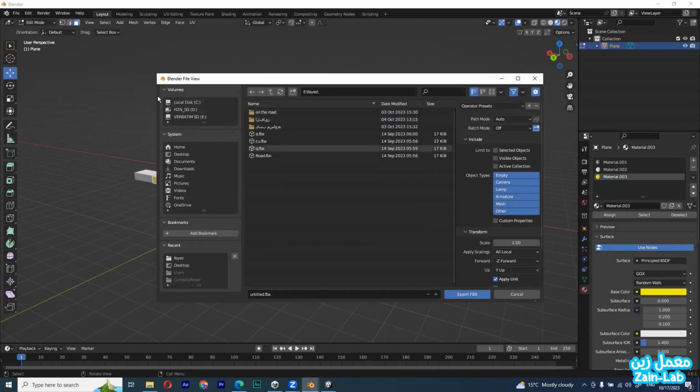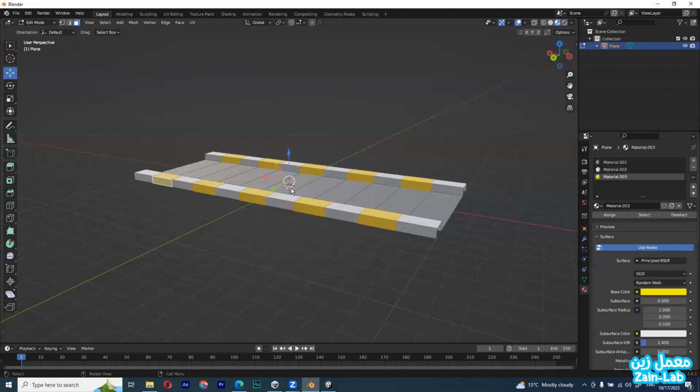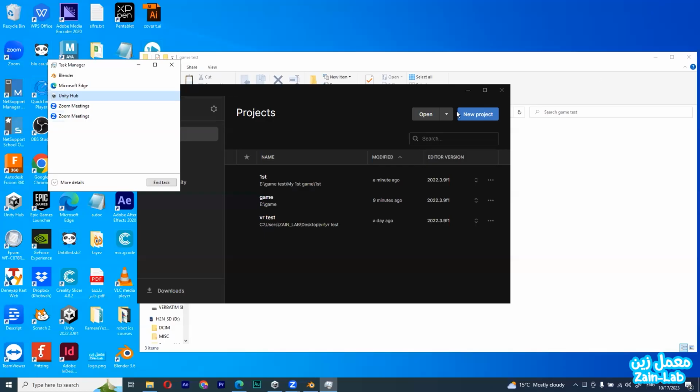here, I will make a new folder, and I will call this DR9 game. And here, inside this folder, I will export my FBX. Now, everyone, if I open Unity, I can see